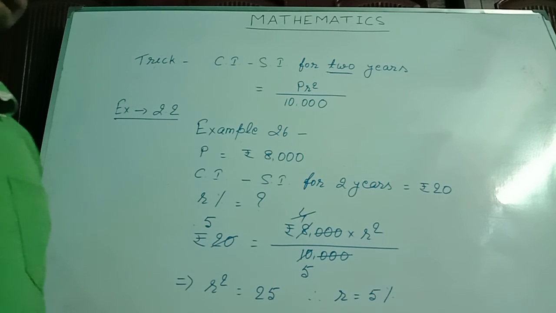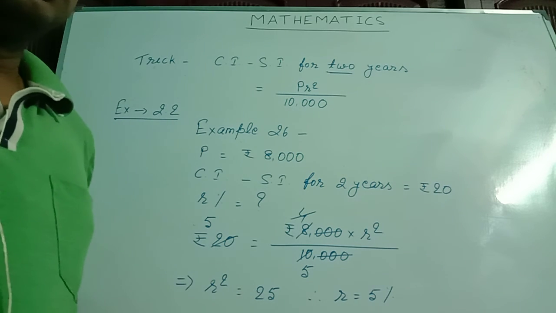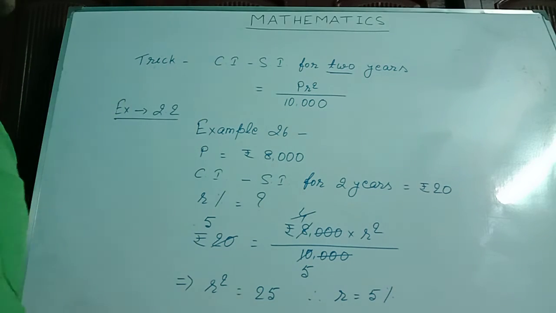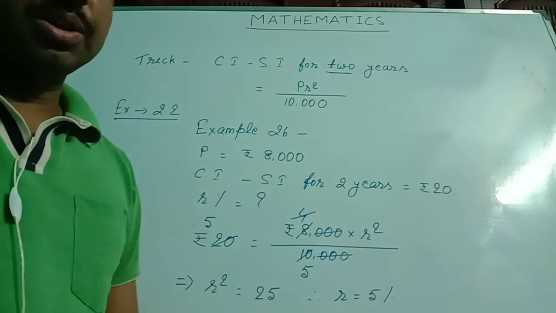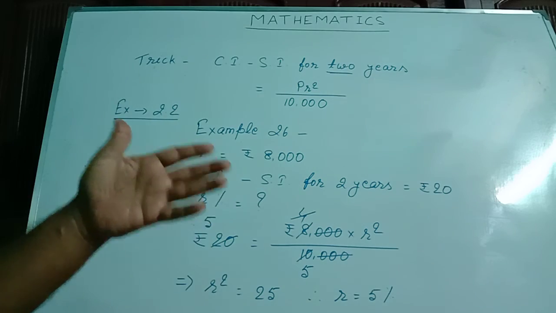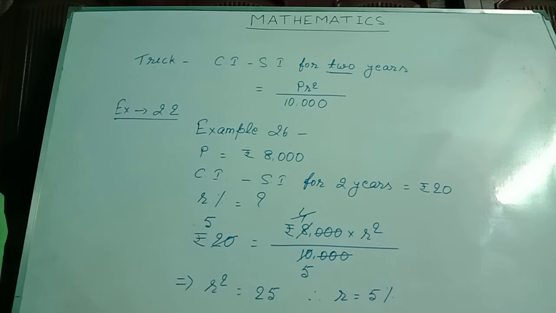That was the doubt. As I observed, many of you had made mistakes. That question was related to CI minus SI for 2 years in the test that was held on compound interest. I hope you will follow this trick to save your time, and for your confidence you should practice once using this trick to solve the questions given in compound interest exercise 2.2. Once you solve them on your own, your confidence will increase.